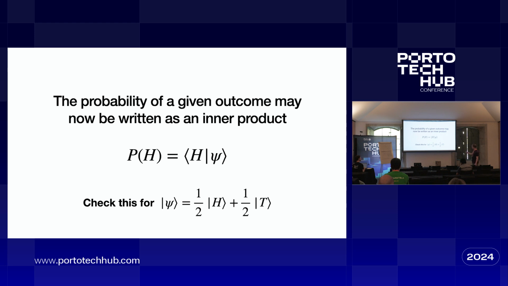So these probabilities, the probability of getting a heads, is now an inner product. So let's check this. We have this probability distribution we had here of a half heads plus a half tails. That was that probability distribution I wrote super messy over here. Now, I'm telling you that the probability of a heads is the inner product between the basis vector heads and the probability distribution itself. I see people staring at me, so let's do it.